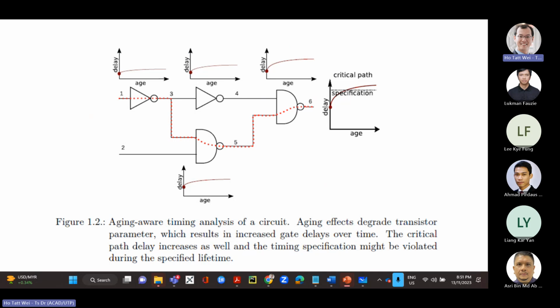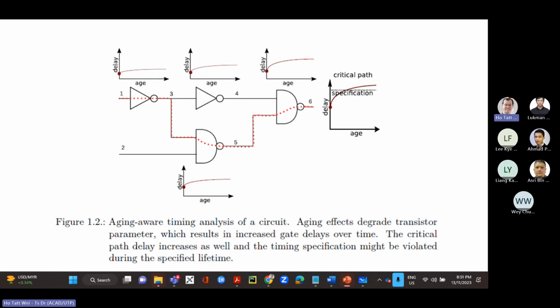Because if it's not a critical path, not a near critical path, even if you age it, it's fine. If you age it to the point where it gets as slow as a critical path, then that's where you start to worry. But your critical path is going to age first before those other circuits. So this type of analysis, again, is quite useful if you apply it on the critical path and near critical path to see what is the risk of timing failures and what is the sensitivity of your circuit to aging.